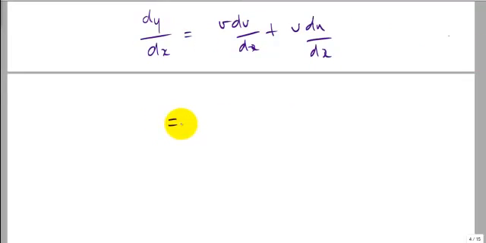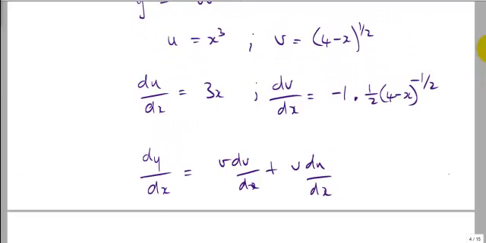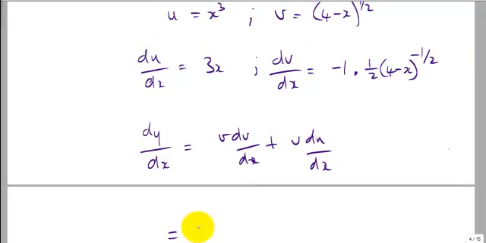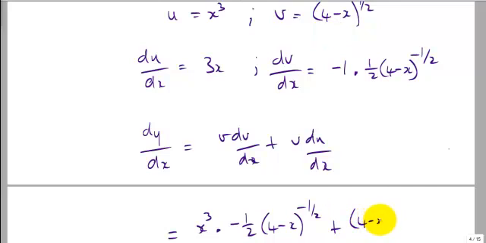So we have to plug in our values. So v, let's look back up here, v is equal to x cubed. And you have to multiply that, again we use the dot for the multiplication, by dv by dx. Well, dv by dx is this figure here, so that's minus a half, 4 minus x to the power of minus a half. And then it's plus v, which is 4 minus x to the power of a half, du by dx. And du by dx is equal to,